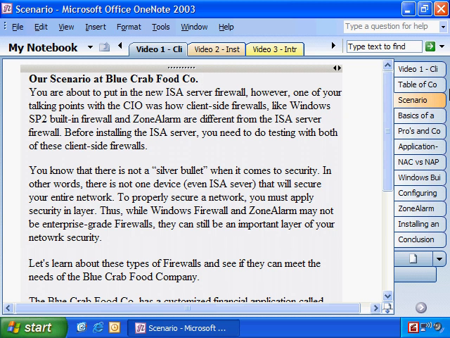Now, we know that there's no silver bullet when it comes to security. In other words, there's not just one device, even the ISA server, that will entirely secure our network. To properly secure a network, you have to apply security in layers, like an onion. So, even though Windows Firewall and Zone Alarm may not be enterprise-grade firewalls, and they're not going to, by themselves, protect your entire network, they're still an important layer of your network security. So, we're about to learn about these types of firewalls and see how they can meet the needs of the